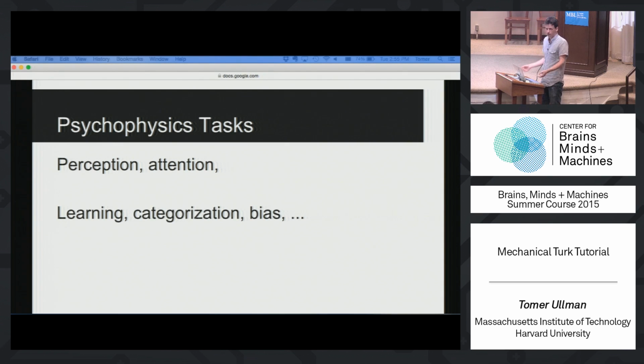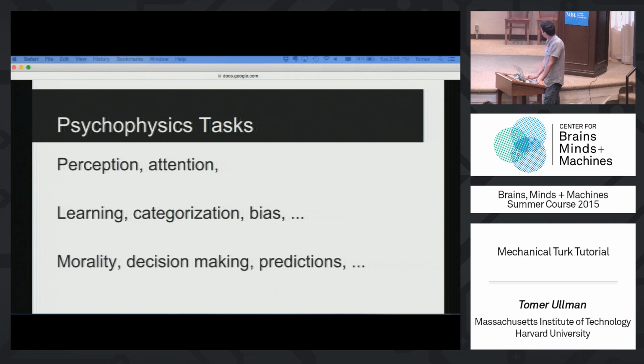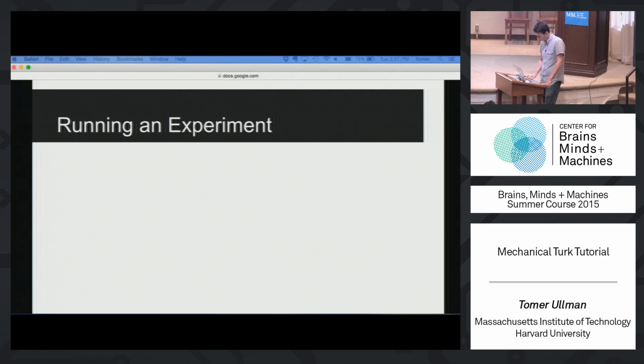I mean, it's very easy to do that on a screen. You could do that on Amazon Mechanical Turk. You could do things like implicit bias. A lot of social psychologists are interested in that sort of thing. Let's see, what else? You could do things like morality, the trolley problem. You could do things like decision-making and economics and prisoner dilemmas and making predictions, like tell us which one of these two movies, based on the trailers, do you think will win the Best Actor award, or things like that.